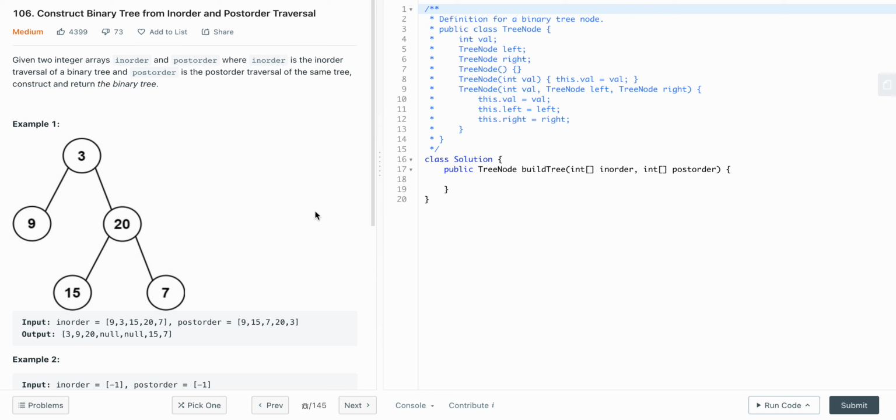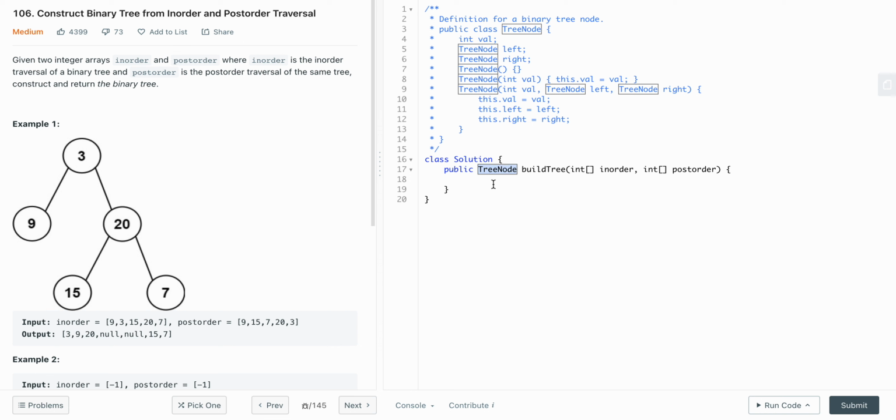So the question that we're going to look at today is constructing a binary tree from Inorder and Postorder traversal. The concepts that we're going to talk about today can be used for forming a binary tree using an Inorder traversal that's given to you and a Postorder traversal. So basically, if you look at the question, you will be given two arrays of Inorder traversal and Postorder traversal, and it's pretty obvious that we have to form a tree and we have to return the main root node